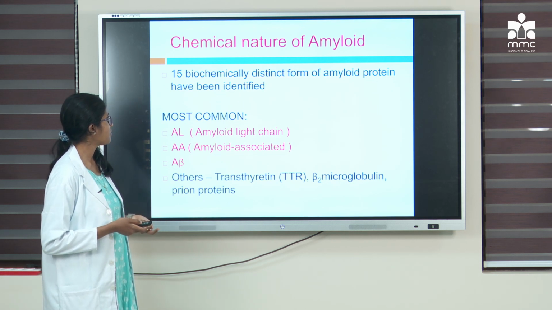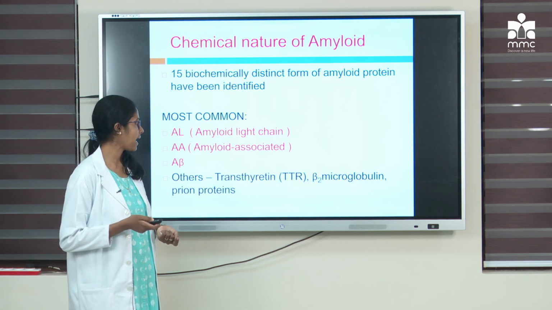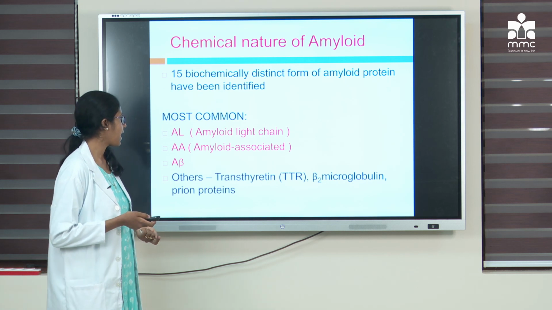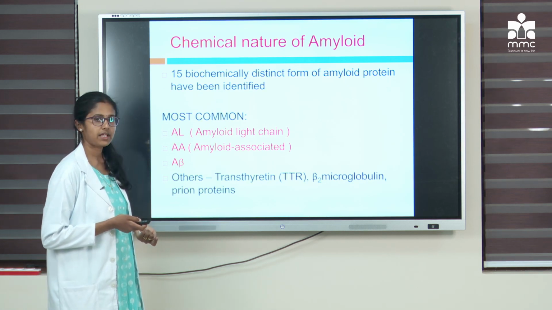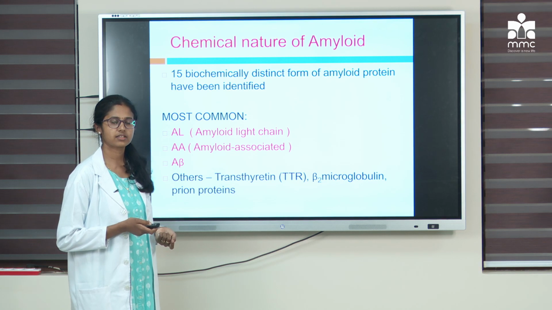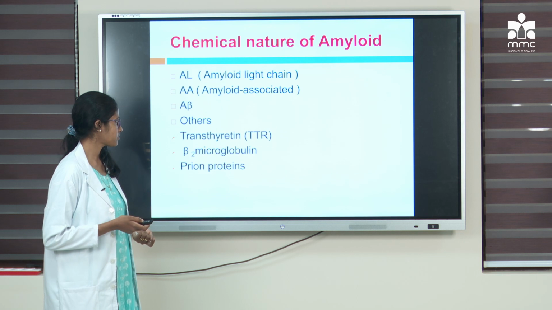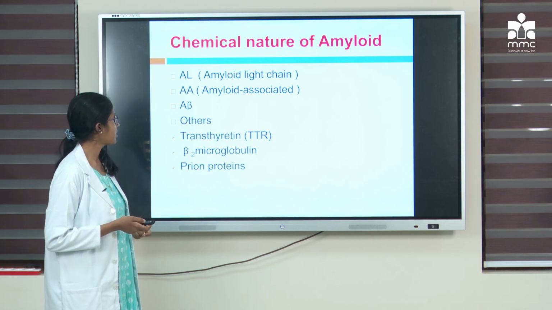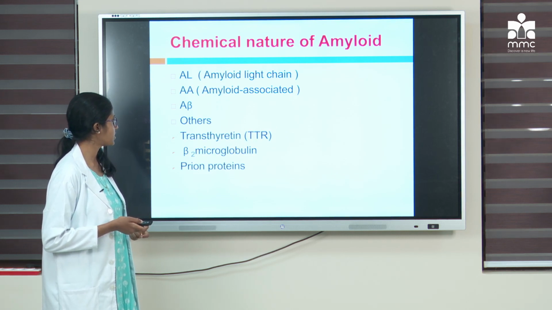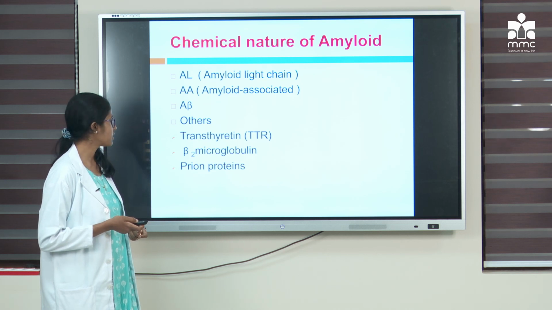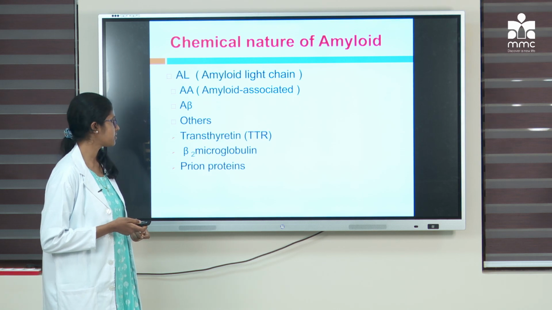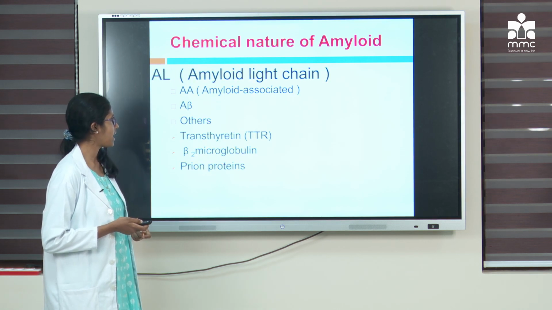So chemical nature of amyloid: 15 biochemically distinct forms of amyloid protein have been identified and the most common ones are AL (amyloid light chain), AA (amyloid associated), and A beta, and the others are transthyretin, beta 2 microglobulin and prion proteins. So coming to AL, amyloid light chain,